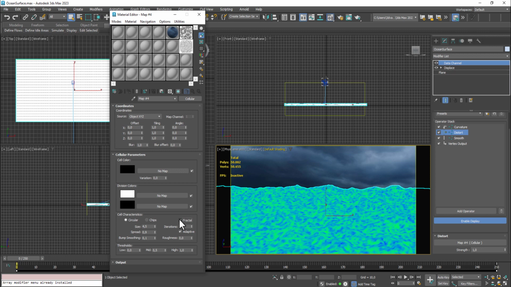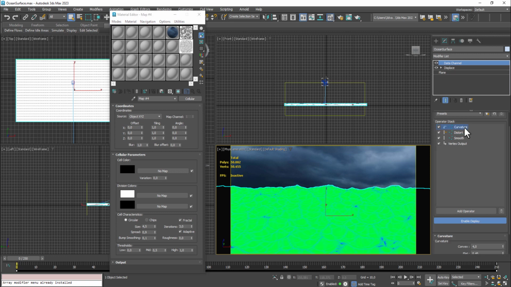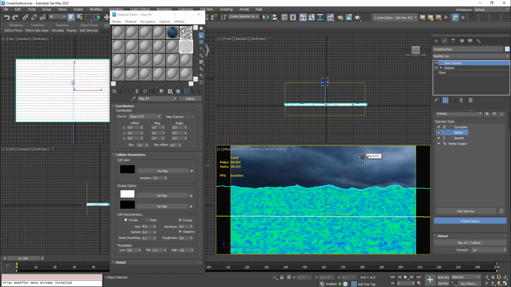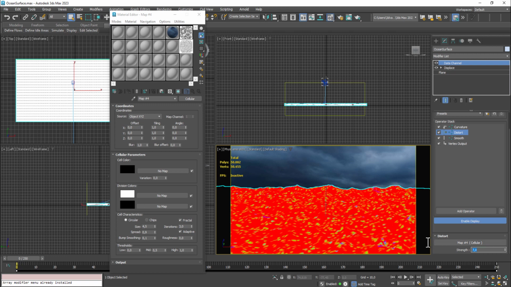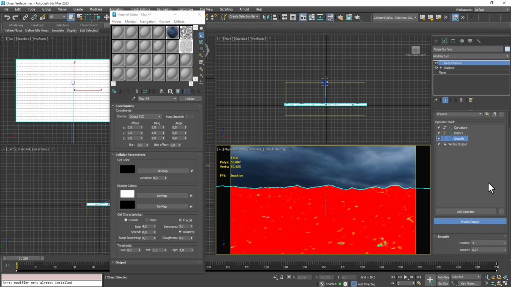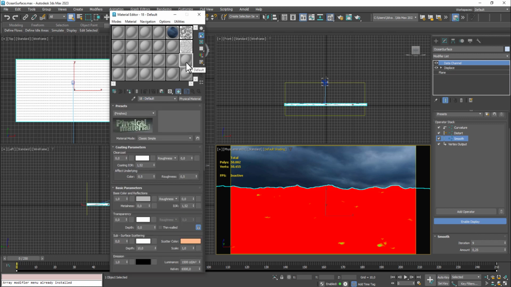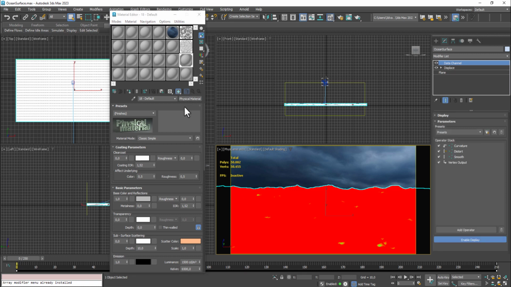Yes, perfect. Right now maybe we can change, yes, we will control letter. Perfect. Maybe we can change this value 7. Yes, perfect. And we can select smooth operator and maybe 9 again. Perfect. And another material assign the ocean surface and